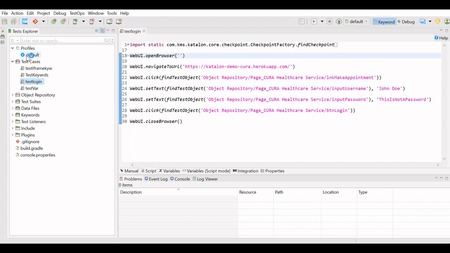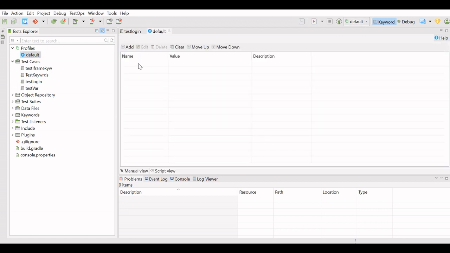In this folder, the default profile is already given, and you can see it is already selected. I will open this. For now it is blank. Now we will add actual test data in it.